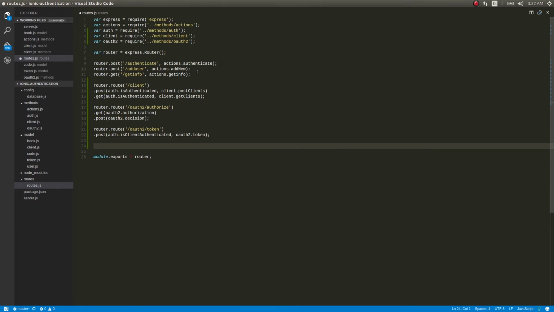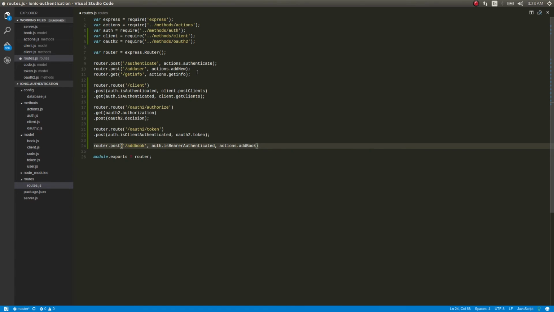Now just the routes for adding and getting the books, right? So post, add book, and then auth.isBearerAuthenticated. Then if it is authenticated, obviously it should allow him to add it, right?